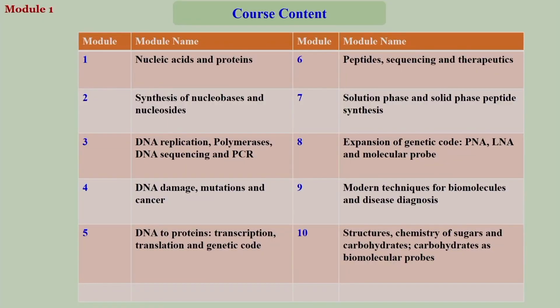And then fourth is DNA damage. What are the chemical changes that happen in DNA when it is exposed to different kinds of internal or external chemical agents? And those damages, how are they responsible to induce mutations in the DNA, and those mutations are ultimately the cause of cancers or other genetic diseases.